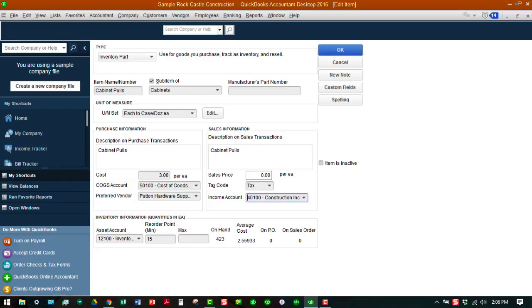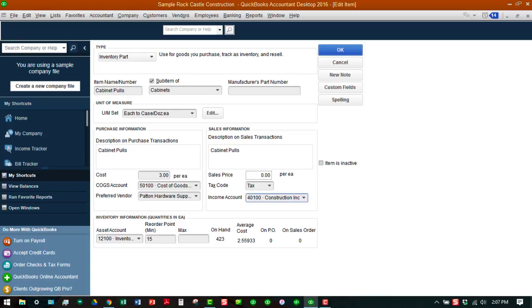And then you come down to the bottom here and you can see that inventory information. Now, when you're setting this up from scratch, you really do not want to enter your quantity on hand or anything like that when you're doing this in here. You want to actually use your invoice. You want to set up the item first, and then you want to use your invoicing or standard workflows through QuickBooks to record those. But you can go ahead and put a reorder point, and what that means is that you'll be prompted when you reach that amount in your QuickBooks file that it's time for you to reorder